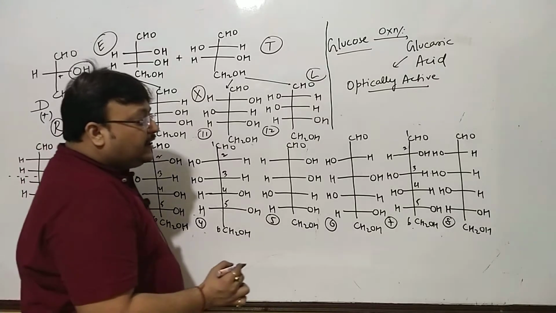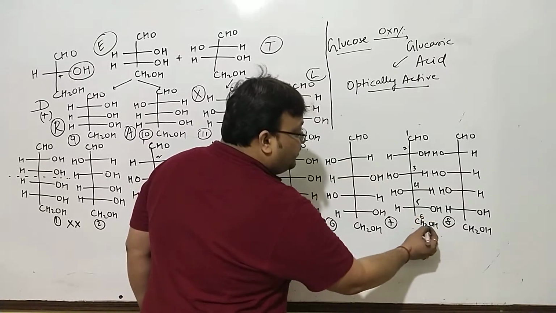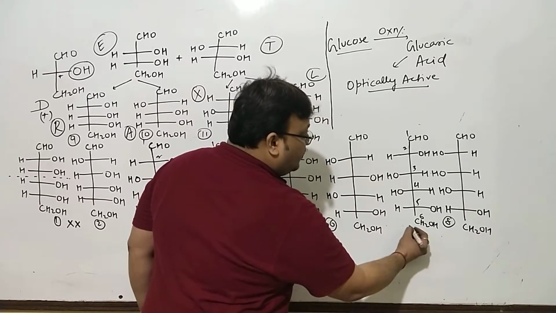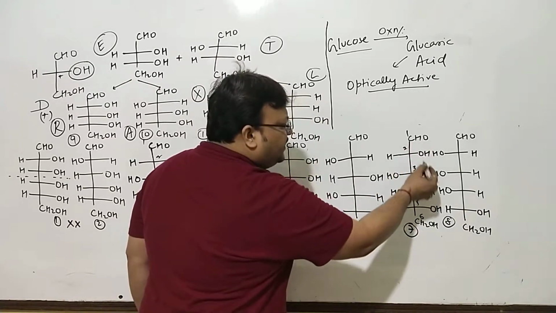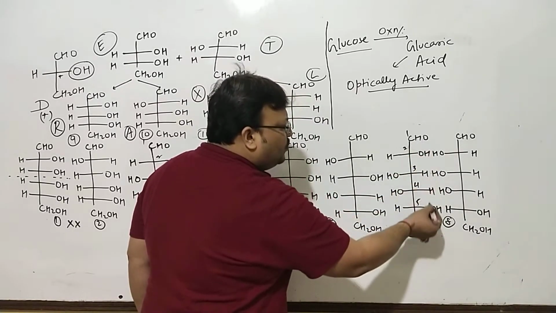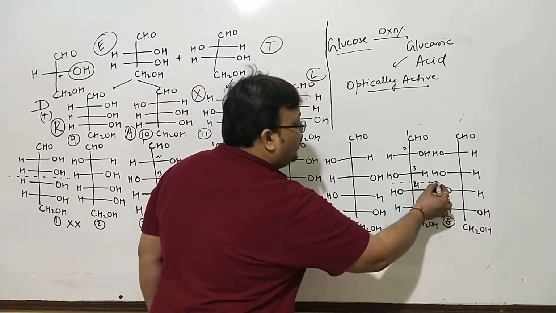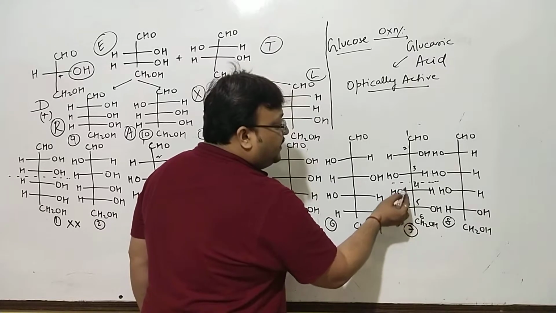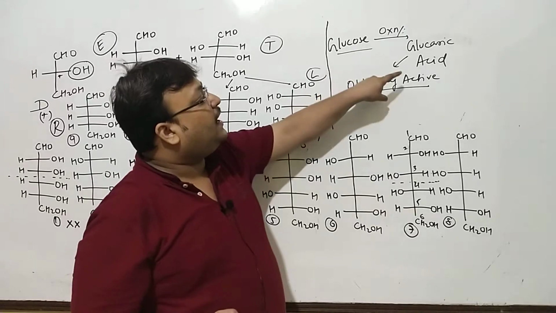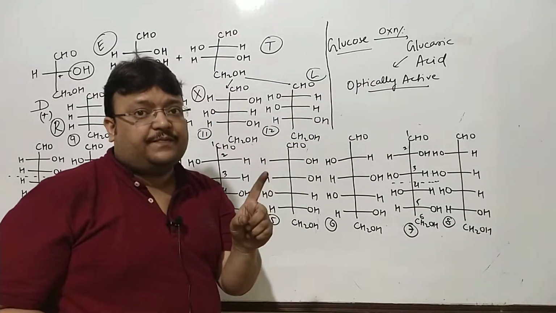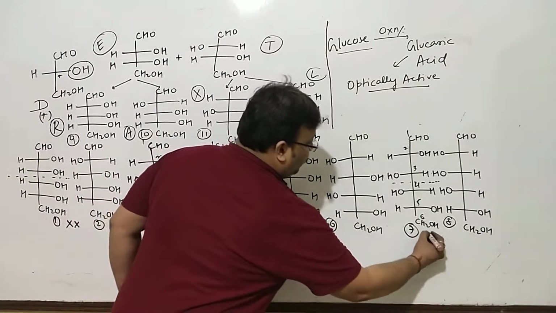Similarly, it cannot be compound 7. This is compound 7, galactose. It cannot be compound 7, because again, if these two become COOH, there will be a plane of symmetry. You will want to see a plane of symmetry here. The lower half is the mirror image of the upper half. So once he found that the aldaric acid of glucose is optically active, glucose cannot be 1 or 7. So structures 1 and 7 are ruled out.